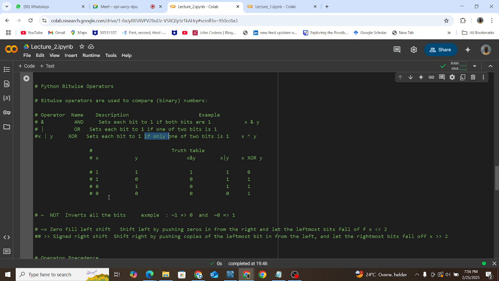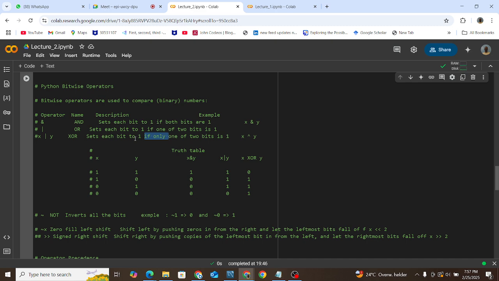Thank you. I have a question for the last row. Yes, the x is 0, y is 0, but for that function we've gotten a 1. How come, when neither x nor y is 1? This is the last row, right? Yeah. And we are saying that set each bit to 1